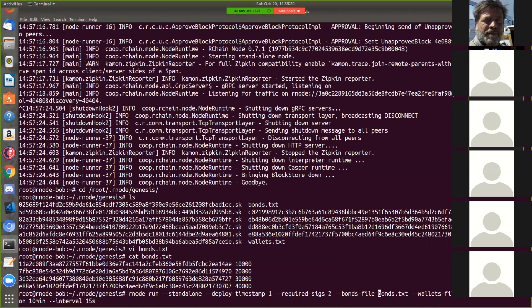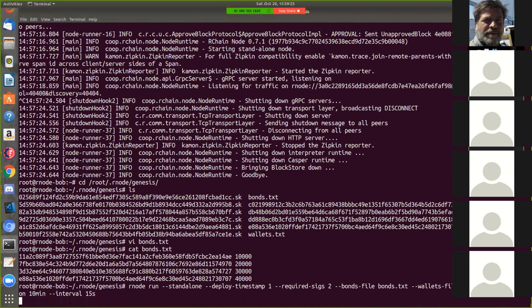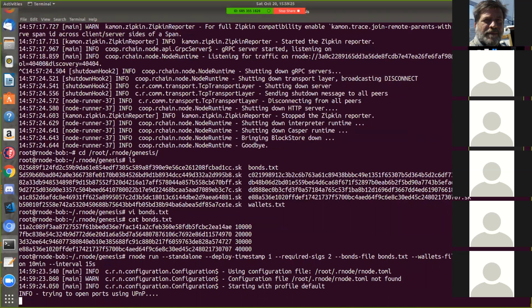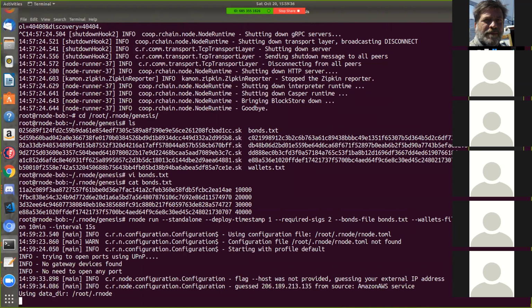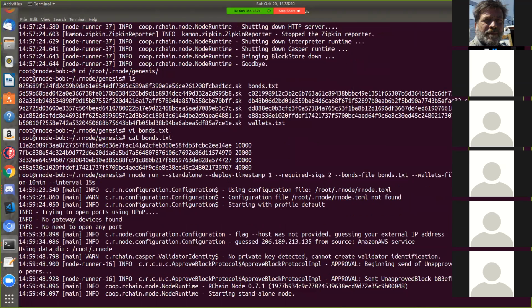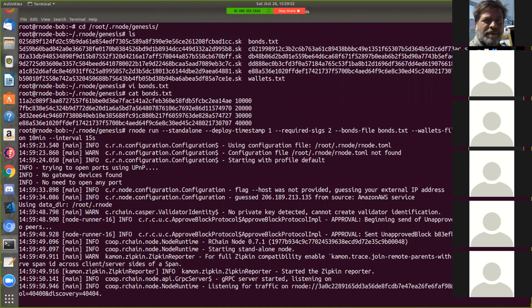Okay. Run this from here. I would specify the full path. Yeah, I did that once, and that didn't work.